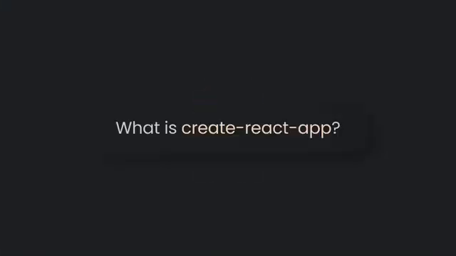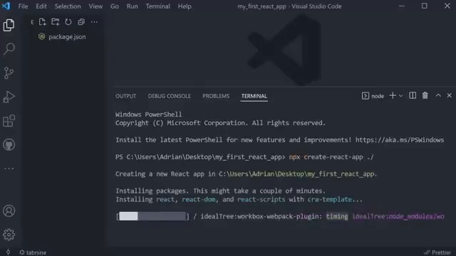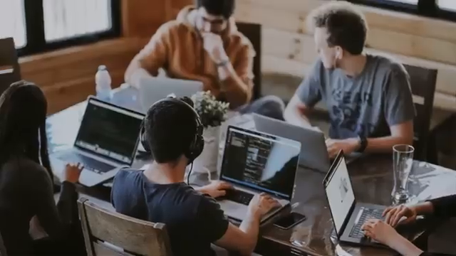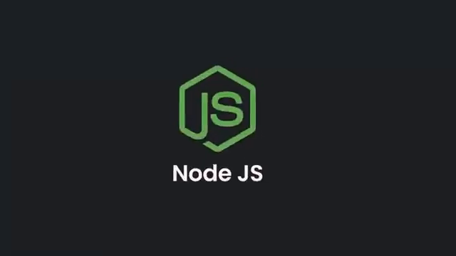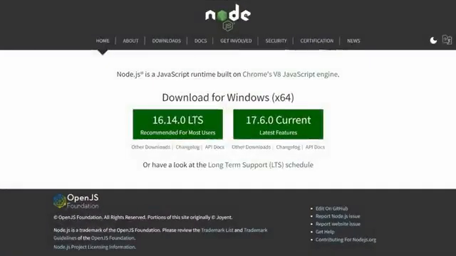So what is Create React app? Create React app is a simple tool or a command that generates the required files and folders to start the React application and run it in the browser. It's also officially supported by the React team. To run the Create React app command, you need to have Node.js installed on your PC. Node is a JavaScript runtime that allows you to execute JS code on the server. It's highly probable that you already have it installed, but if you don't, go to nodejs.org and download and install